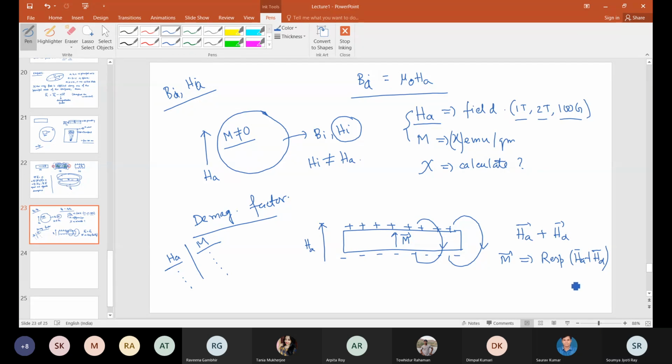Ravina? Yes, sir. Or are you more confused? No, sir. Clear, sir. It is actually very difficult to explain without a board. If it's on the board, I can clear it in 2 minutes, but it's a little difficult to explain it here.